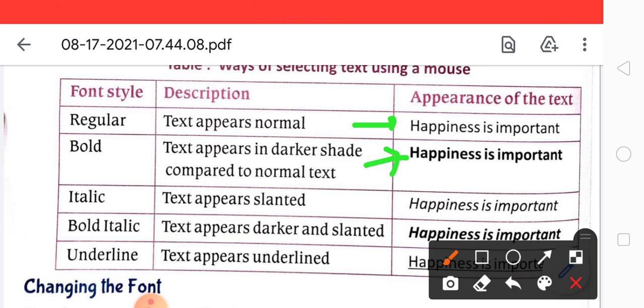Whenever you choose Italic, the text appears slanted. Whenever you choose Bold Italic, the text appears darker and slanted. Whenever you choose Underline, the text appears underlined, just like this.